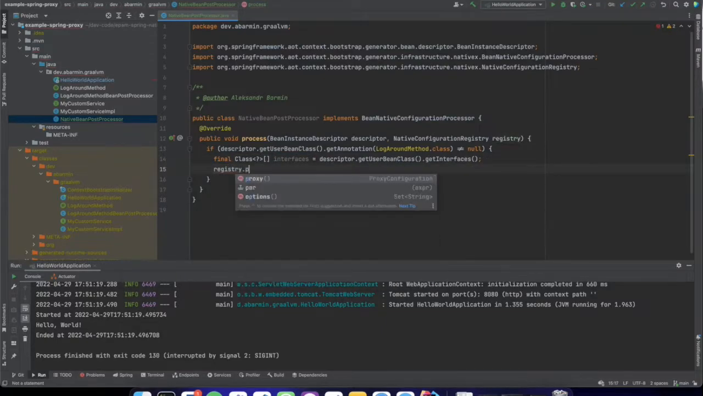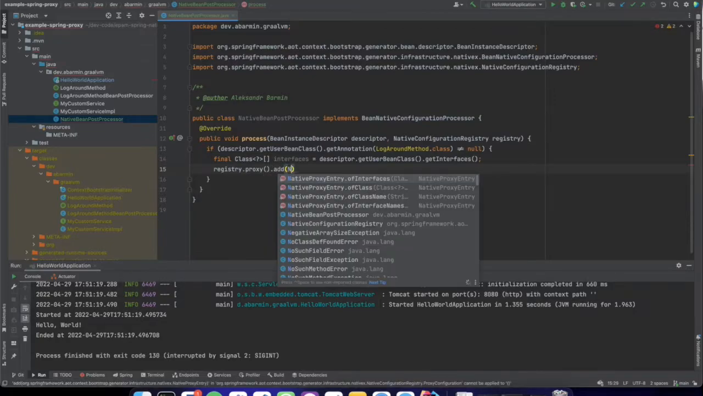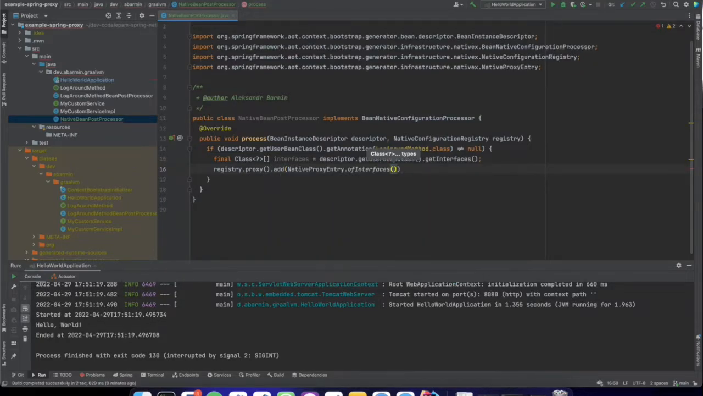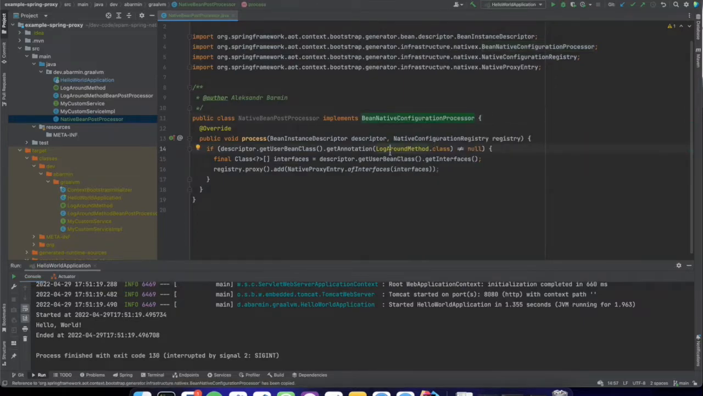And next in the registry, I'm registering my class for proxy. Native proxy entry of interfaces. This fantastic thing. It is, as ordinary, not enough, because I need to register this class to make it available for the Spring AOT plugin in order to make it next available for